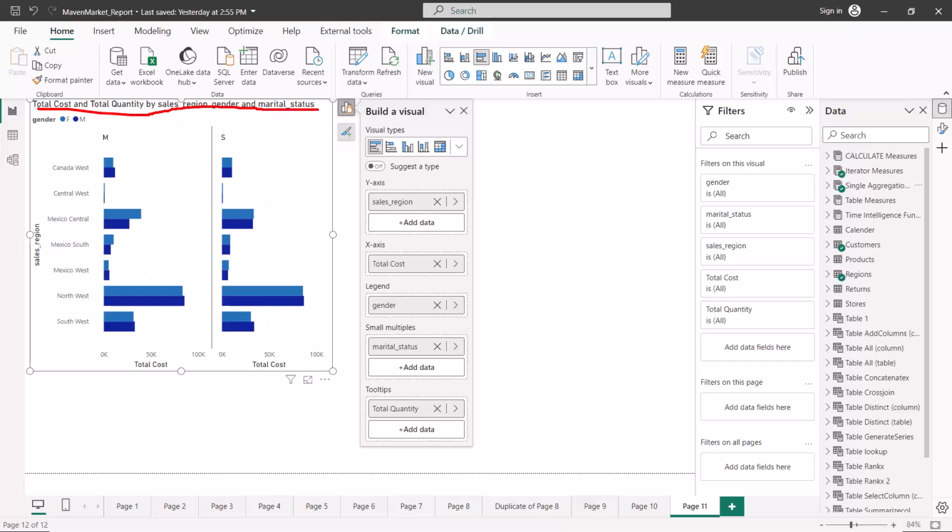This is the area that has separate options for formatting. Then legend has separate options. Then your axis, the y-axis and the x-axis, have different options for formatting. And finally, your bars also have different options for formatting. And last but not the least, your background has different options for formatting. So anything that is within the boundary of this visualization, you can go and format each of these areas as